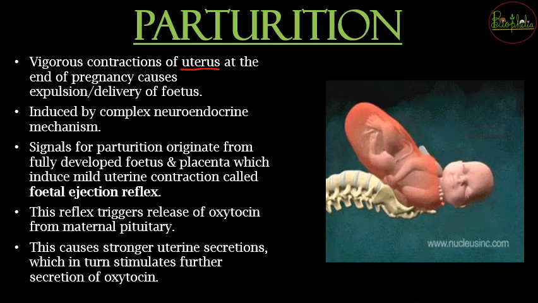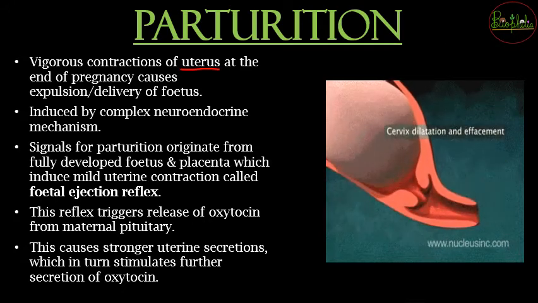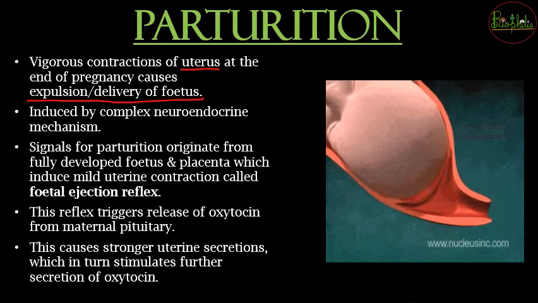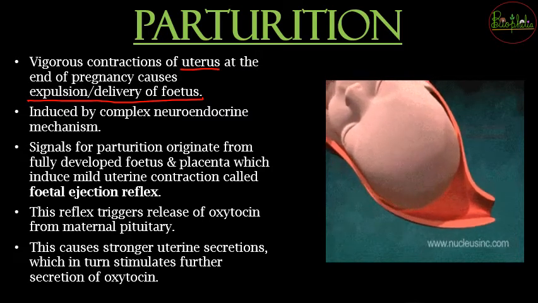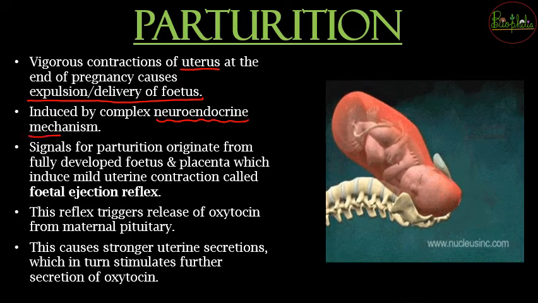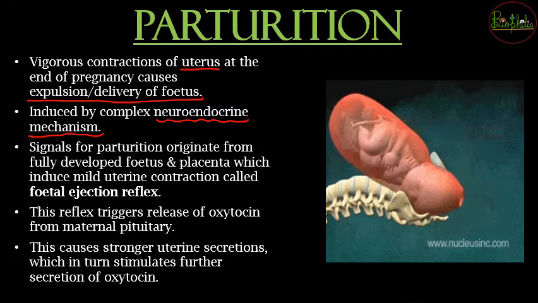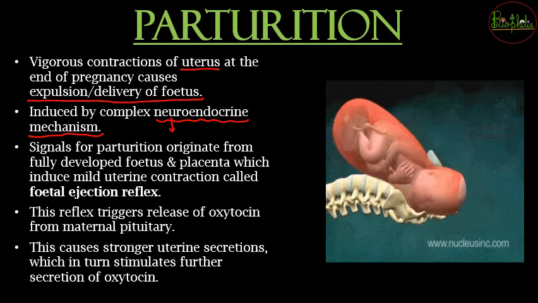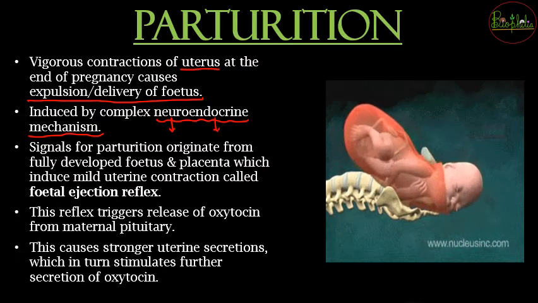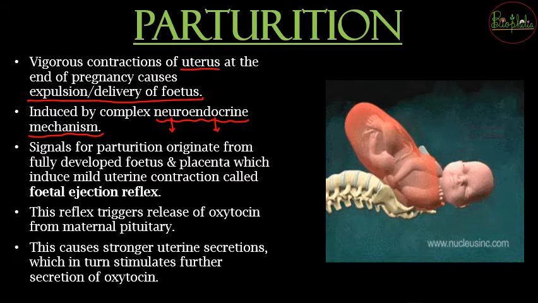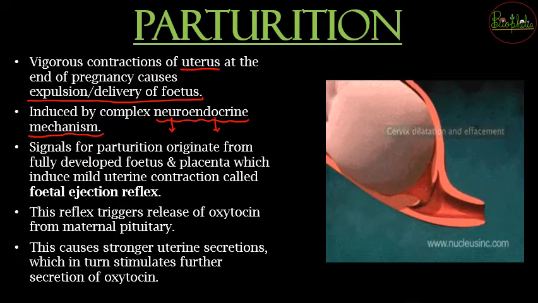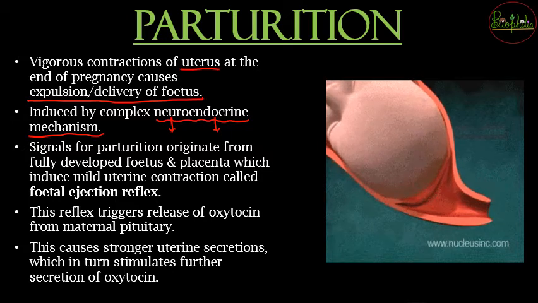So that same thing occurs when these vigorous contractions occur in the uterus. Slowly and steadily there is going to be expulsion or delivery of the fetus. All those contractions are going to be induced because of a complex neuroendocrinal mechanism. Neuroendocrinal is made up of two words: neuro, regarding your brain or neural system, and endocrine, which is regarding the hormonal system. Both are going to correlate and form a complex mechanism जिसकी वजह से ये contractions होंगे and the expulsion of the fetus can proceed.